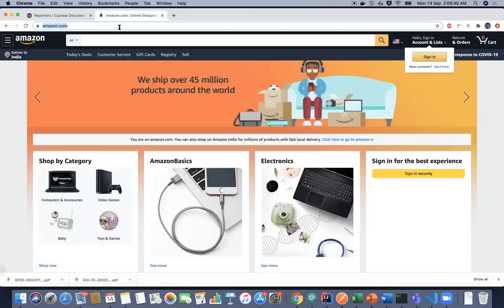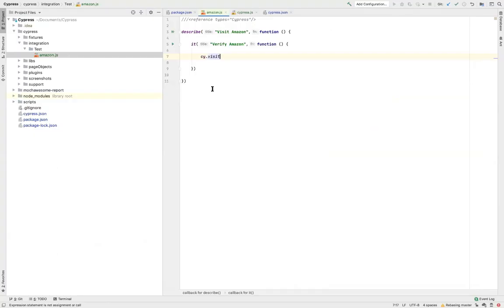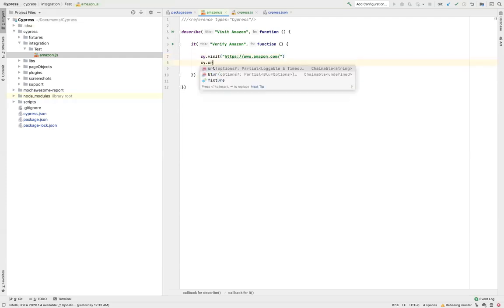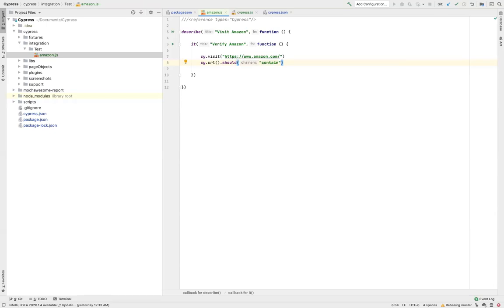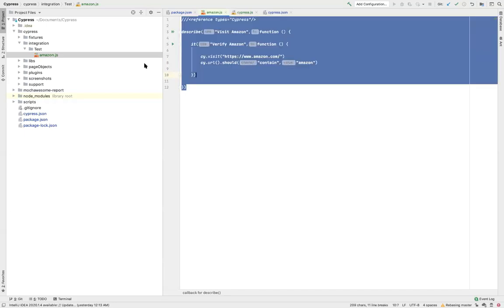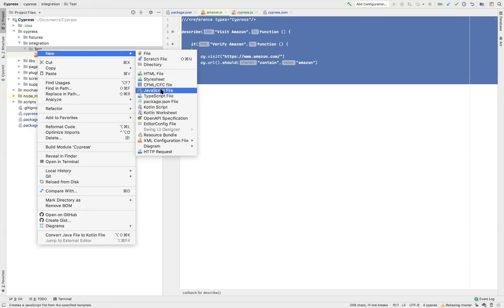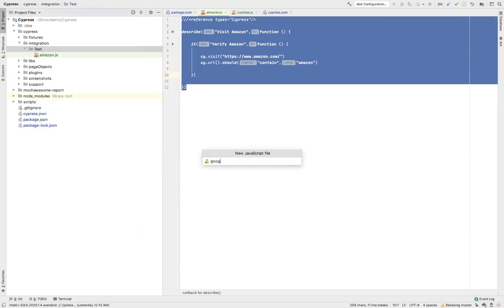So let me just copy the URL. cy.url().should('contain', 'Amazon'). Similarly, I'll create another spec file, say for Google.